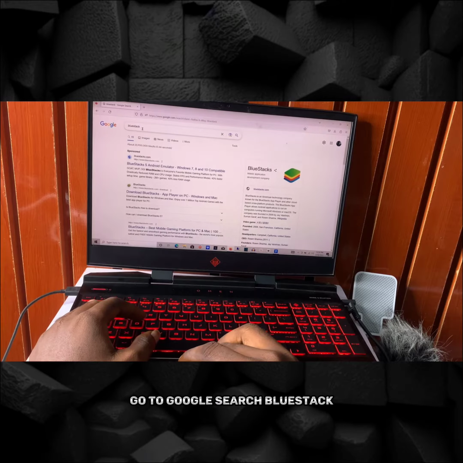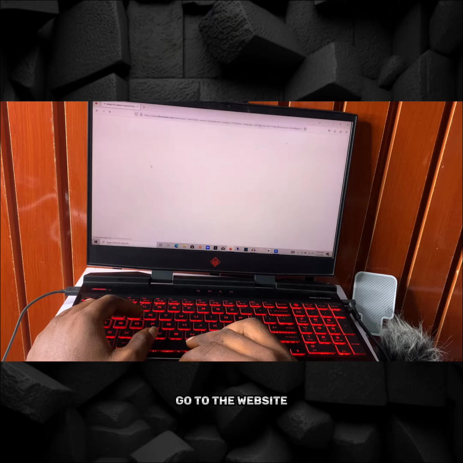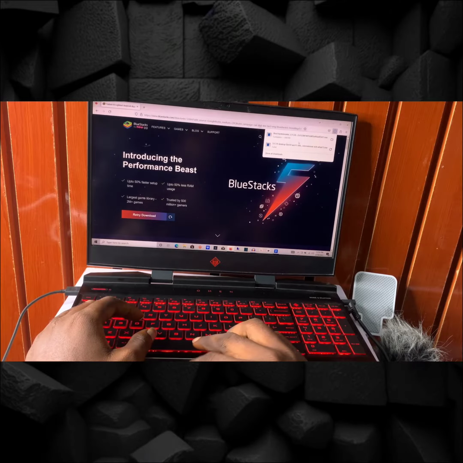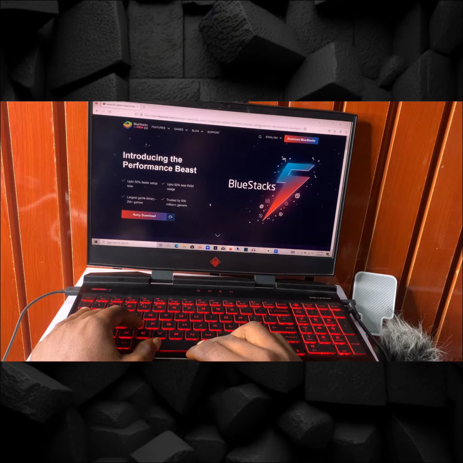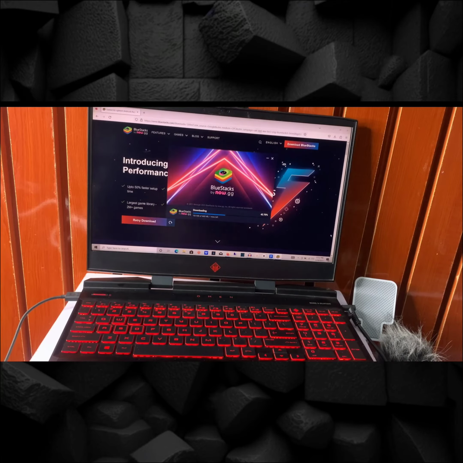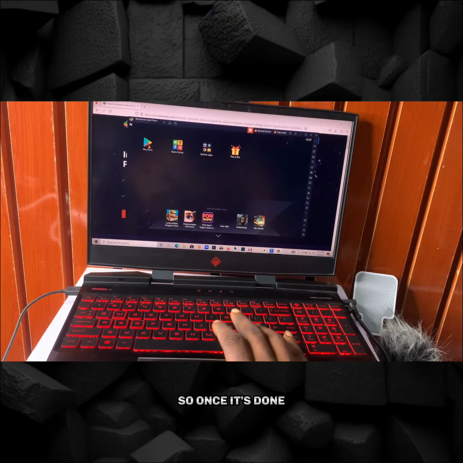Go to Google, search BlueStacks, download it, go to their website, download BlueStacks. To run, open the content. Yes, install BlueStacks. So once it's done,